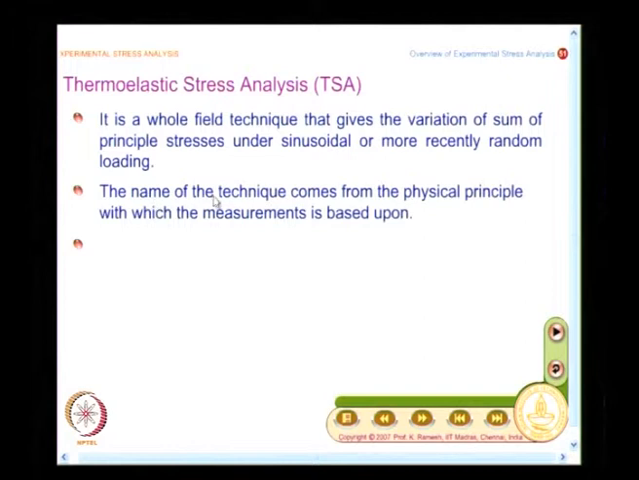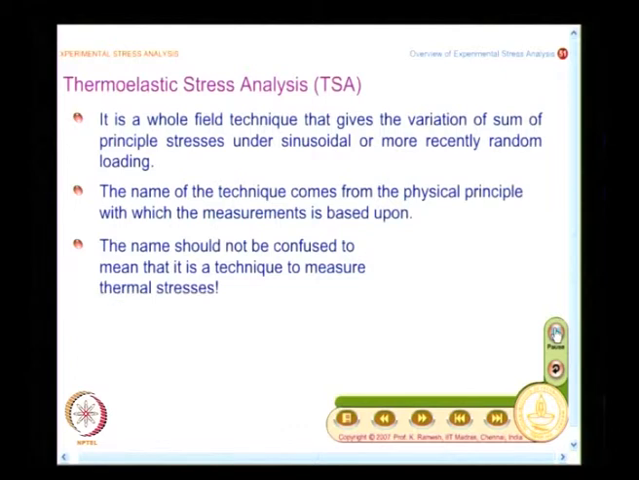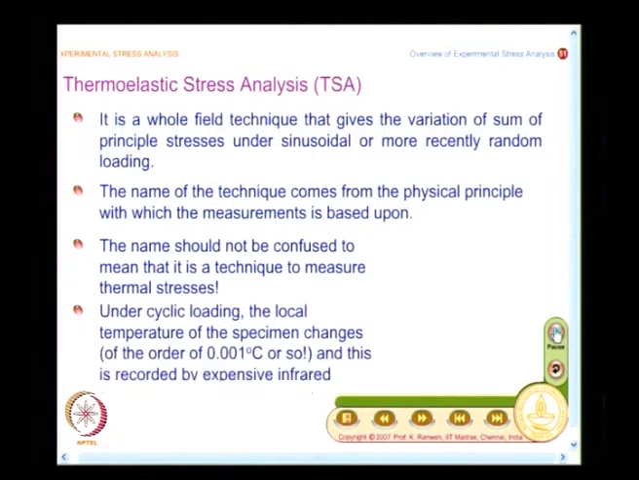And the name of the technique comes from the physical principle. One common danger is the word thermoelastic. One may think, if I want to find out stresses due to thermal loading, I can directly use the technique. That is a misnomer, you cannot do it like that. It depends on the principle on which it is based. So, that is what is mentioned here. The name should not be confused to mean that it is a technique to measure thermal stresses. It is not so. The physical principle is that under cyclic loading, the local temperature of the specimen changes, and